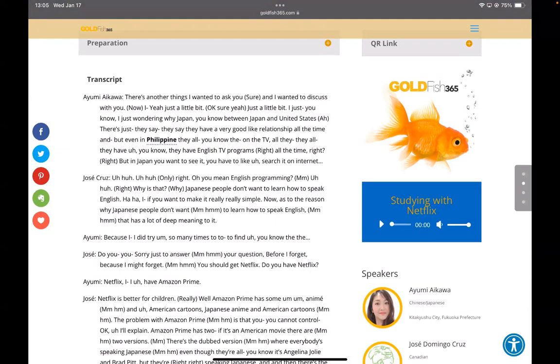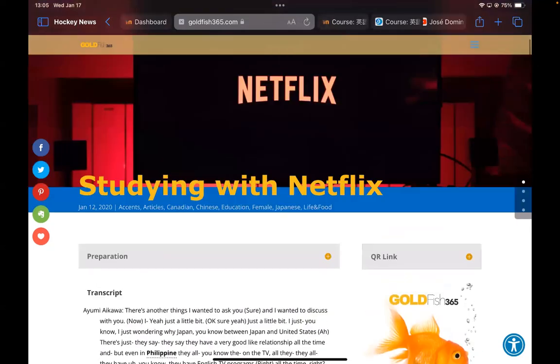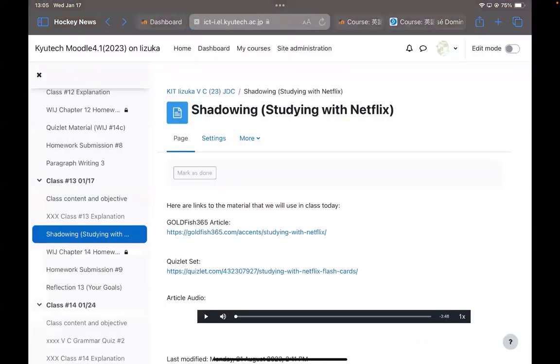And she speaks English very, very well. Not because her English is perfect or her English has fantastic grammar. It has good grammar, but it's not yet native, but she speaks fluently, very, very well. And we were talking a little bit about how to use Netflix to study English. So this is what I want you to look at for your shadowing. After that, we'll do a little bit of speaking practice and get you ready to do group conversations for the test.